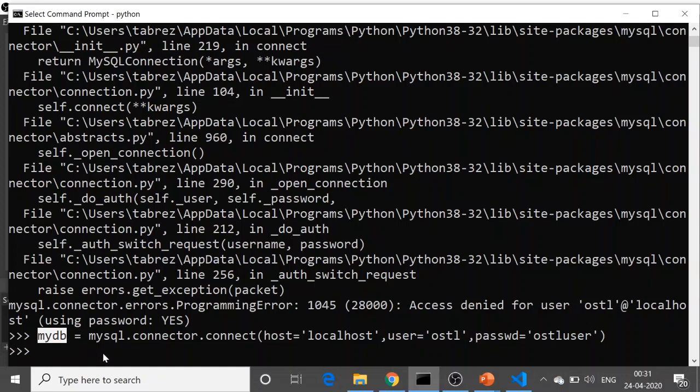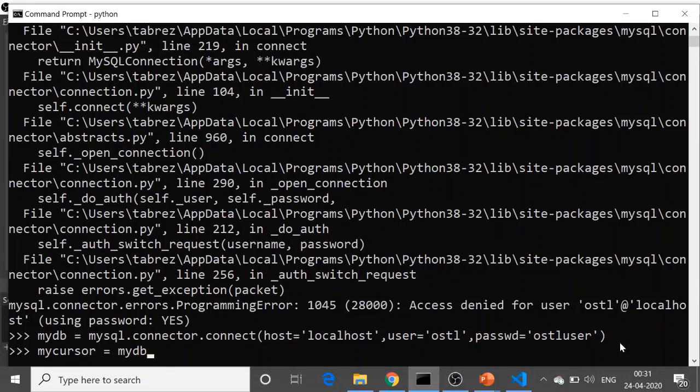Now after having a successful connection, we need to get the cursor of this connection. The cursor is something like a pointer into the database which we will use to fire different queries onto our database. So I would be writing again any object name, say mycursor equals